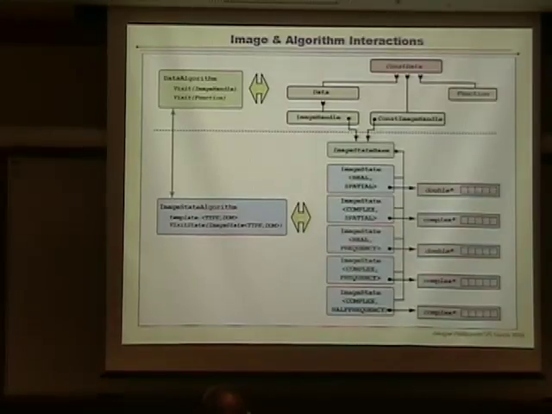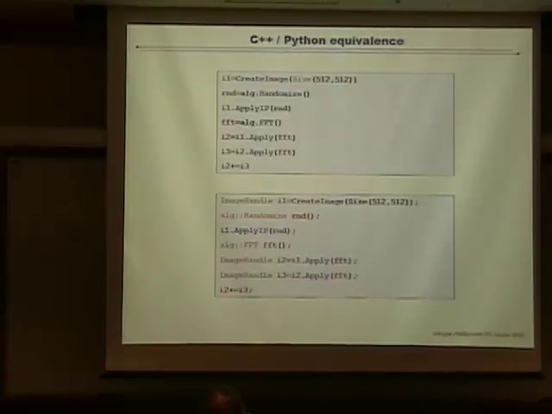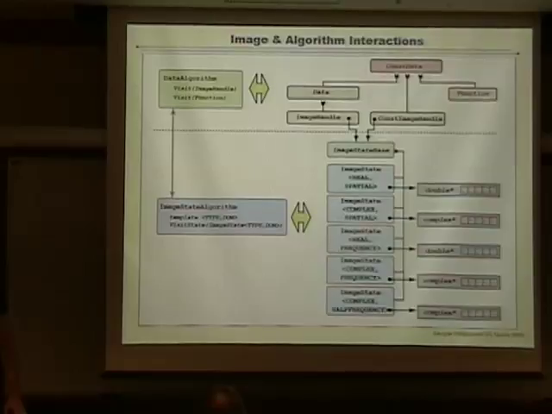And the image keeps track of what the heck it is. You don't have to worry about that. If you do an FFT on an image, it just changes state, and you just do an FFT again. So as you saw before, our FFT algorithm does not have a direction. It's not necessary to say forward or backward FFT. It's implicitly known by the state here.